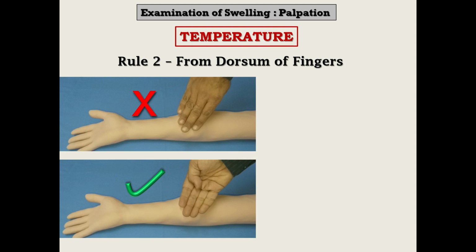The second rule is that the assessment should be done from the dorsal surface of your fingers. The skin over the dorsal surface is comparatively thinner, and it perceives the temperature sensation in a better way, because the palmar skin is comparatively thicker. Temperature is the only parameter which is assessed from the back of your finger. All other features of palpation are assessed from the palmar side. This we know very well because when somebody says that I am feeling febrile, what we do is keep our hand on his neck or forehead, but we always keep the back of our finger. We never keep the palmar side of the finger. So this is the rule, that the assessment should be done from the dorsal surface of the finger.